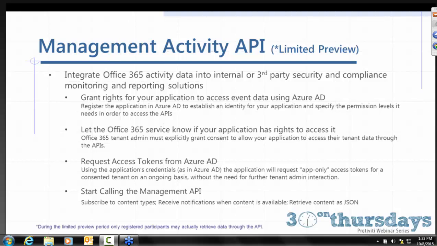And then finally, as part of this release, Microsoft has made available a new Management Activity API. This allows developers to integrate Office 365 activity and event data, so all the event data that we've been looking at, with either internal tools or with third-party monitoring and reporting solutions. Now, there's a specific process that you need to go through in order to integrate your solution with the Office